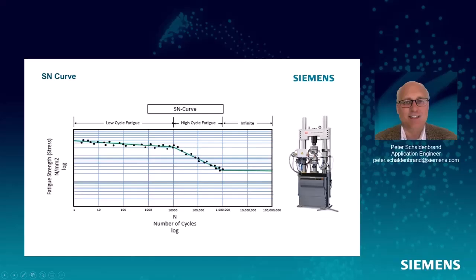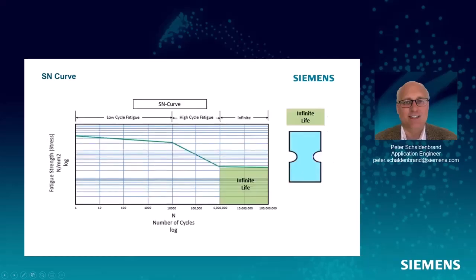And one's going to be an SN curve. An SN curve tells us how many cycles to failure we have from a constant amplitude load. So if I go to 100,000 cycles, I fail at this stress level. And these material curves are created with machines, so they cycle at a constant stress until they get to failure. And they count the cycles, and generally they do multiple parts at each load, because at any given stress level, there'll be a distribution of numbers of cycles to failure. Even with smooth machined specimens, we cycle at a given stress level, they all don't fail at exactly the same time. So there's some variation in them.